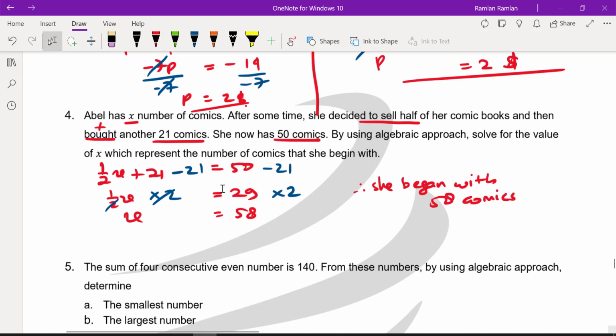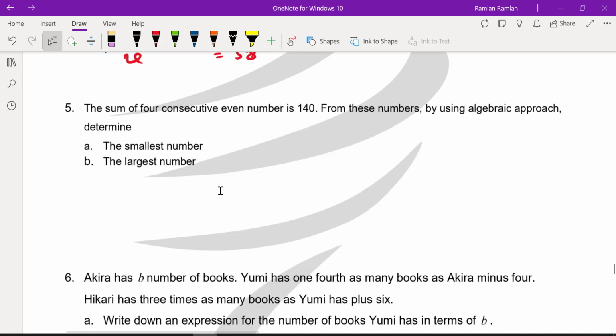Okay. Next, number 5. The sum of 4 consecutive even numbers is 140. For these numbers, by using the algebraic approach, determine the smallest number and the largest number. So let's say the smallest number is x. Okay, so the first number is x. If those numbers are summed, it means you add them, right? 4 consecutive even numbers. So if the first number is x, then the second number will be x plus 2,